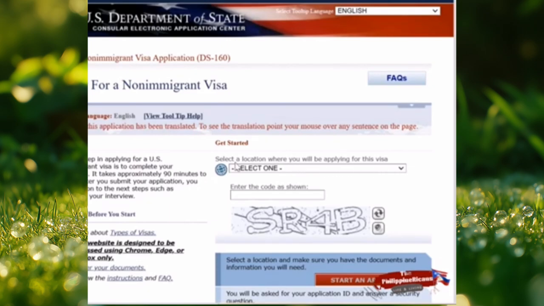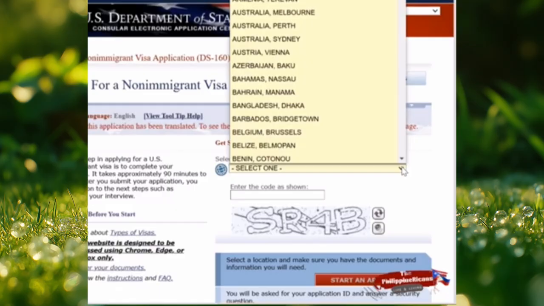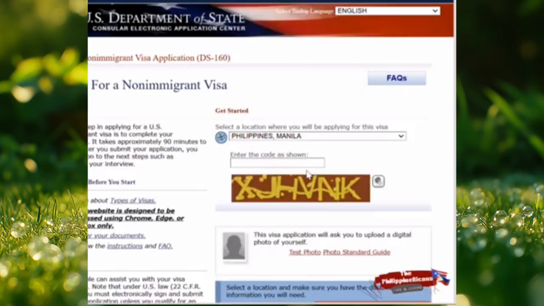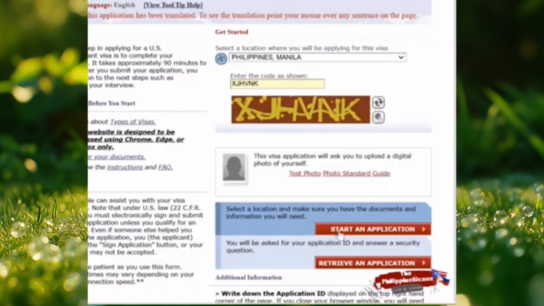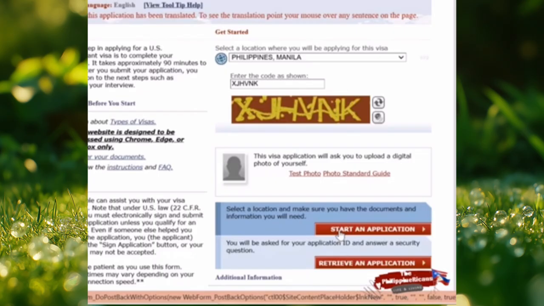Select a location where you'll be applying for this visa. So here, Philippines, Manila, and enter the code as shown. Just copy this code below and then start an application. When you click start application, guys, it shows the Computer Fraud and Abuse Act Notice. So here, just click agree, and then